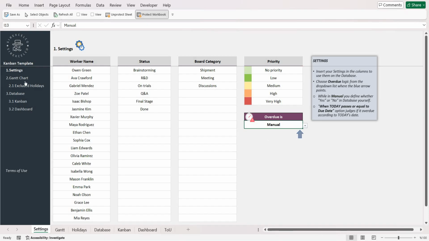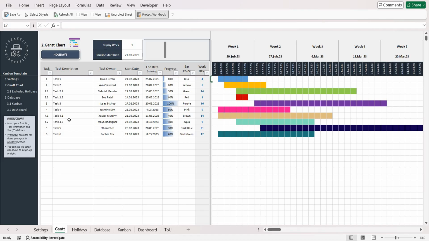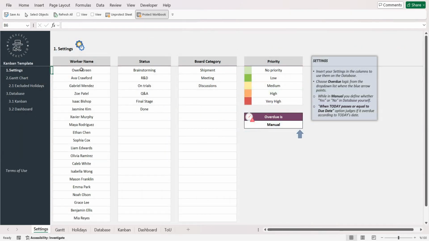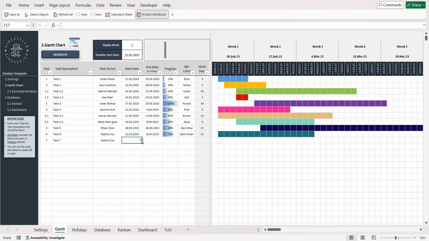As an extra feature, we added a Gantt chart to the Kanban template as well. This is like a simple version of a Kanban template. Let's give an example. Let's say ID 7, task 7. You can choose the task owner from the drop-down list, which you already input in this section. And then once you input the start date and end date, we will be able to see the bar in this section, such as